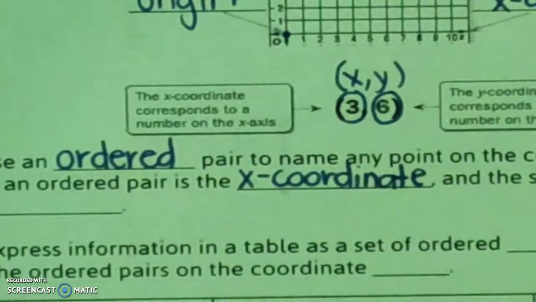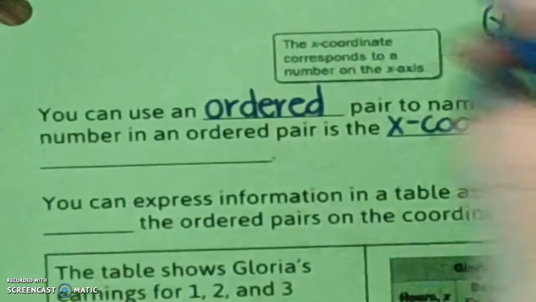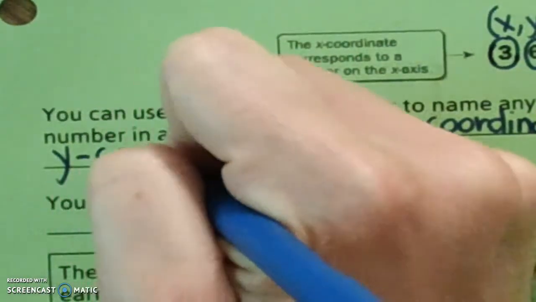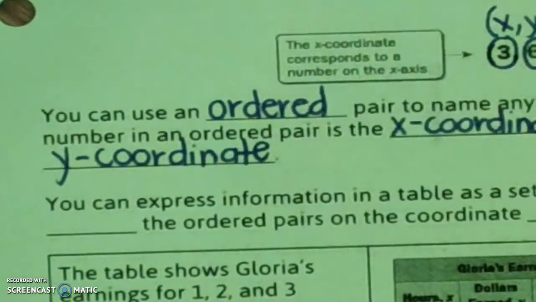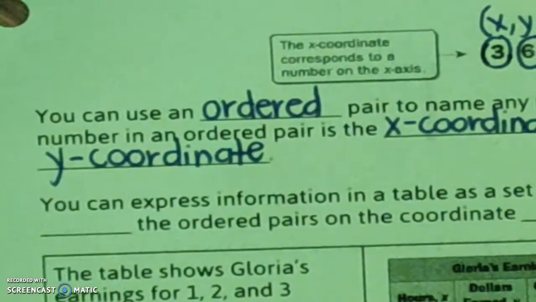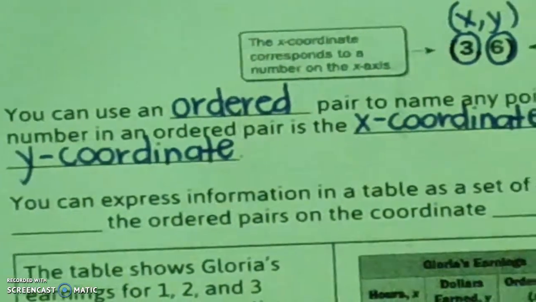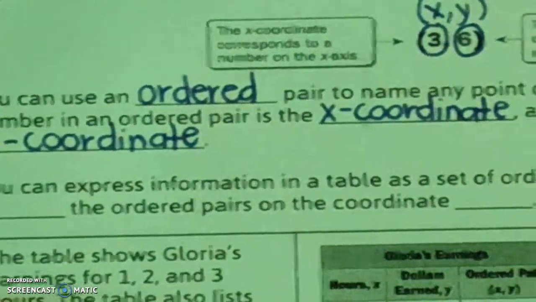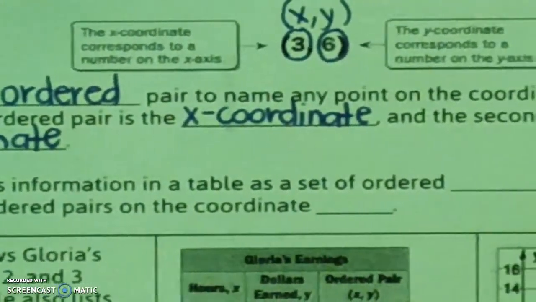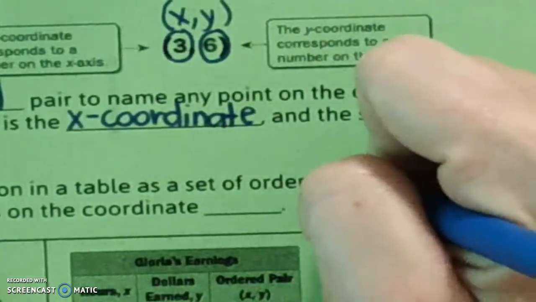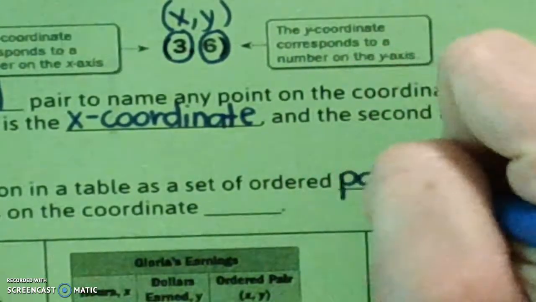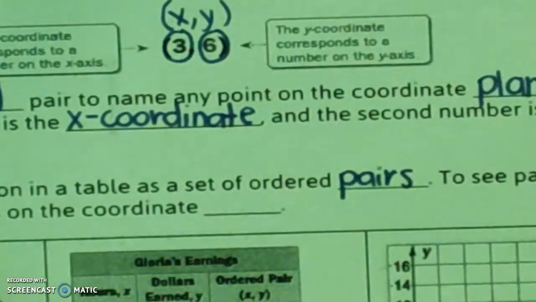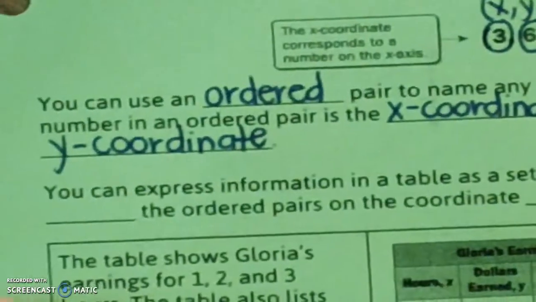And the second number is the y coordinate. You can express information in a table as a set of ordered pairs. To see patterns, we're going to graph them